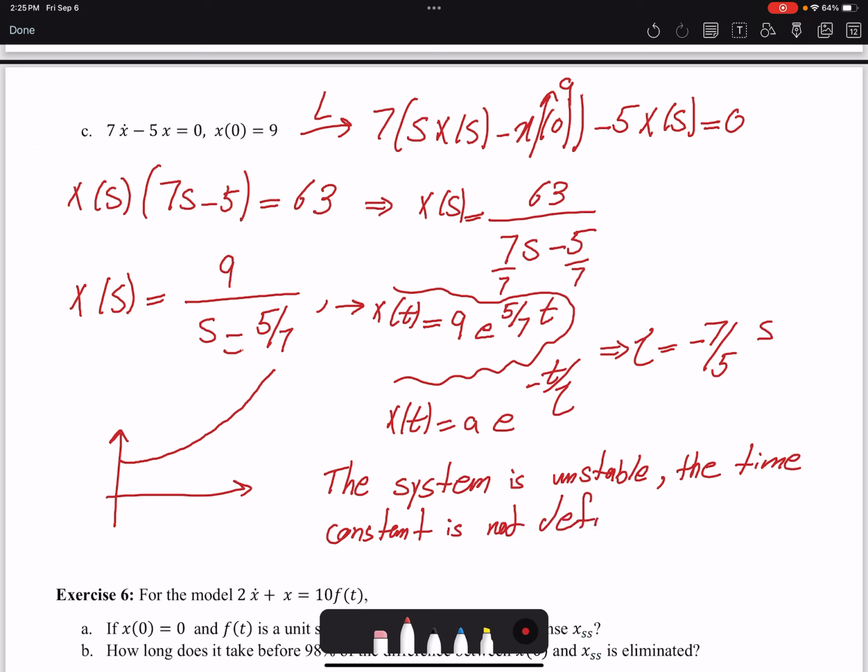If you look at the poles of the system, s minus 5 over 7, we have one pole here that is positive. A positive pole indicates an unstable system. If this is the j omega axis, any pole on the right side of the j omega axis will cause our system to be unstable. And that's why we are not going to reach a steady state response, because our system grows